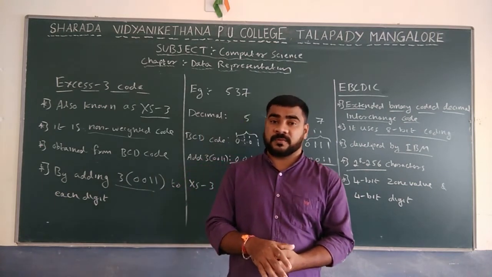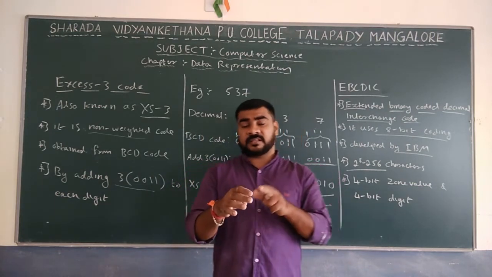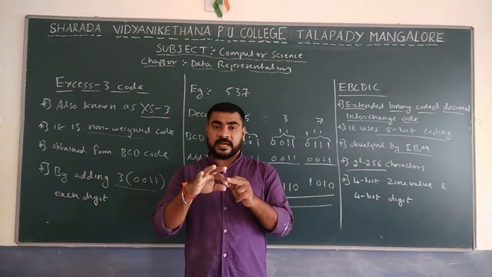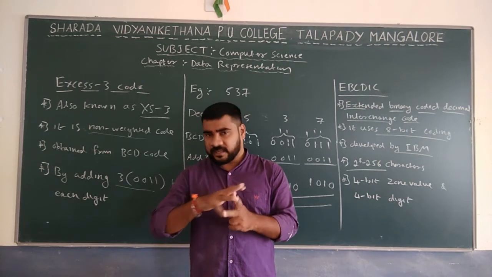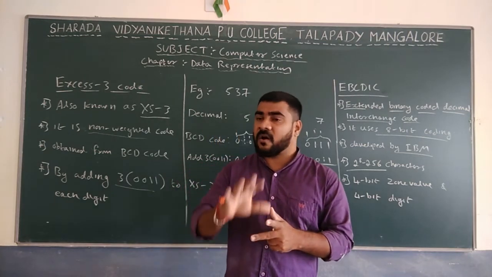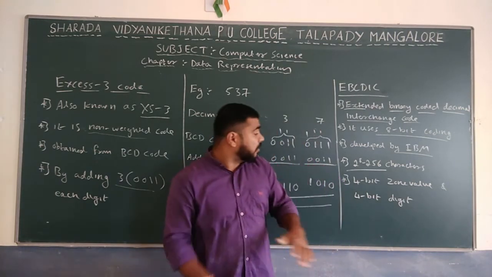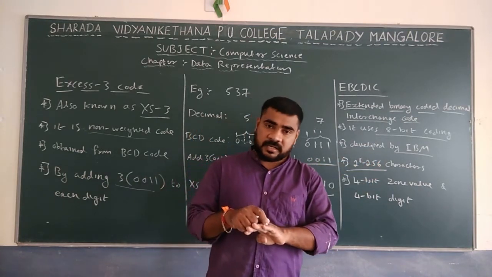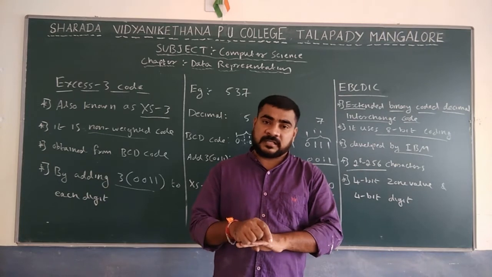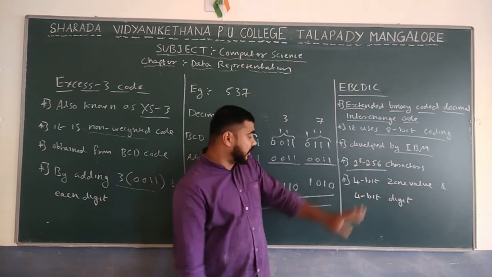256 characters are possible. If you take the normal numbers, 0 to 9 are there, then A to Z capital letters, A to Z small letters, and different symbols are the data. All the data individually we can represent based on the extended BCD coding, because it uses 256 characters. It is easy to represent all the data.